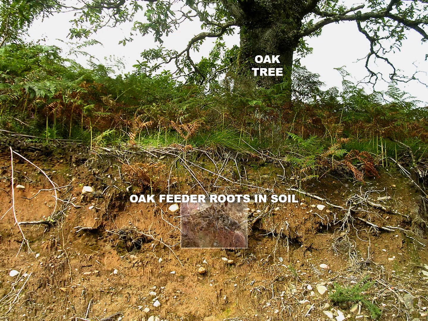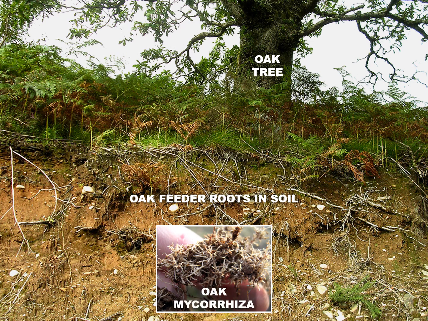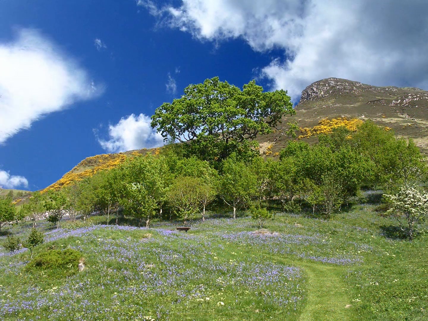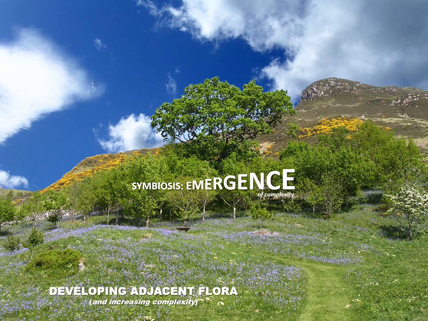If we count a one-to-one symbiosis as simplicity, say of this mature oak and a root-inhabiting fungus, then complexity emerges as the diversity of fungal species in the roots increases during the lifetime of the tree. Adjacent plants join the local community, many with their own different fungal associates, at least 11 with bluebells alone.